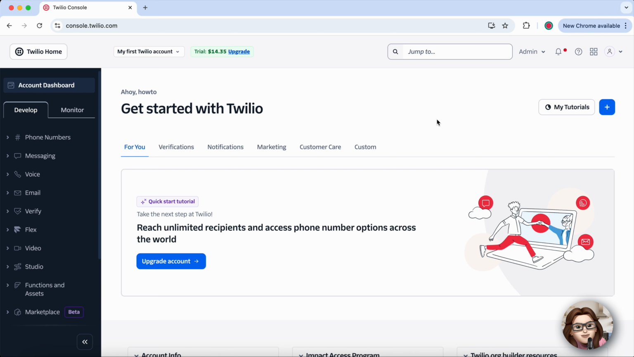In today's video, I'm going to show you how to buy a phone number in Twilio. If you are setting up a business line, testing an app, or just want more communication flexibility, this process is